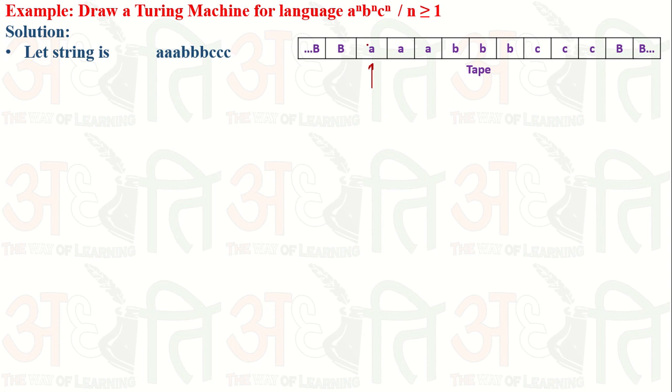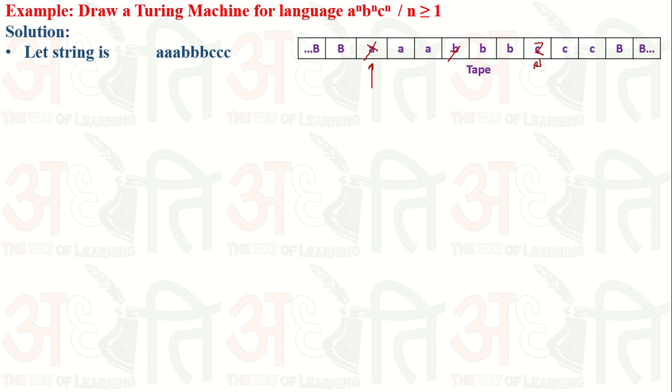So first of all we mark a. How can we count that the number of a's, b's and c's are equal? We mark a as x, then we mark the first b with y, then we mark the first c with z. So the marking is done one time, and one a, b, c are all captured at once. When we first mark a, we move forward passing all a's and find the b. When we first find the b, we move right again passing all the b's and find c. When we find the first c, we mark it as z and move back.